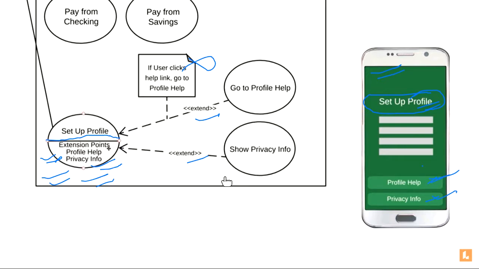Without this also you could have written it like this, no issues. If you could have just deleted this and drawn it like this, it will also be fine. This will also work fine. But this extent or extent points basically, they give some more action kind of a thing, because you have to follow this arrow. Some people might get confused of what this arrow is leading to and other stuff. So you can just provide some extension points that okay, if you are setting up profile, I'm giving you two more options: profile help and profile info. If you want, you can go there. Got it?